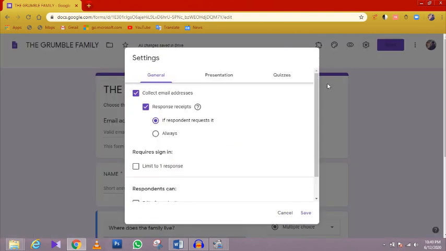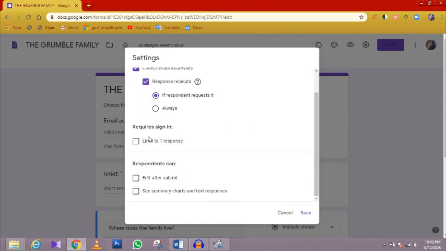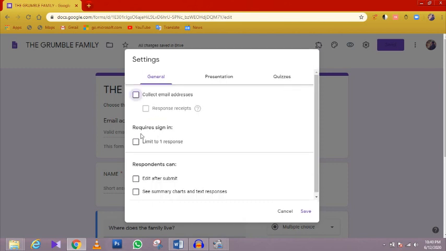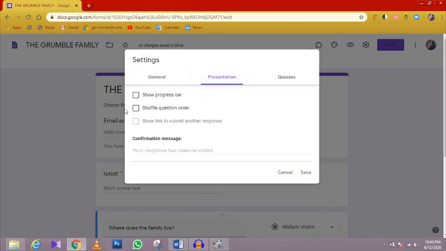Imagine that I have typed all the questions, and as the final thing I'm going to click settings, and I'm going to tick collect email address. If you want to collect email addresses you can tick it, or if you want to leave that you can just click and take it off. And limit to one response, so only one time they can answer the question, not many times. If you tick this, that option will be gone for students. And next, presentation: if you want to shuffle the order for every student, you can just click shuffle order, or you can leave it.